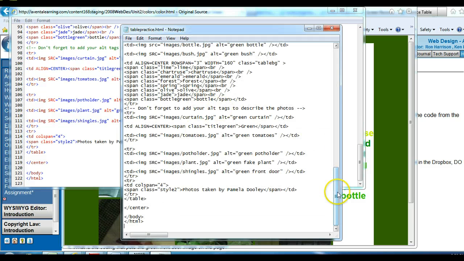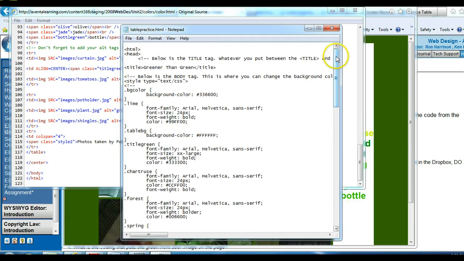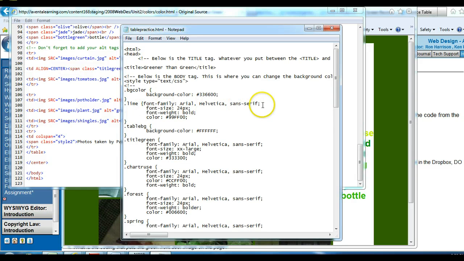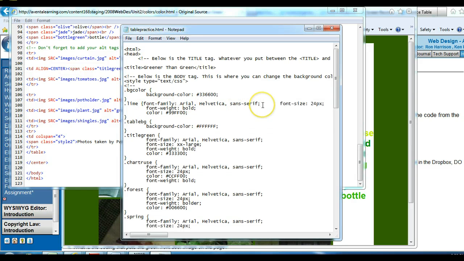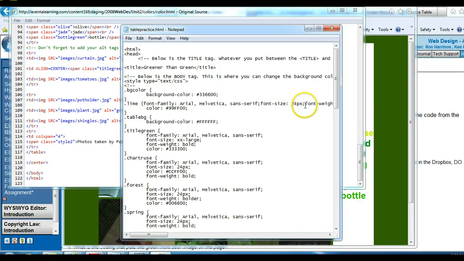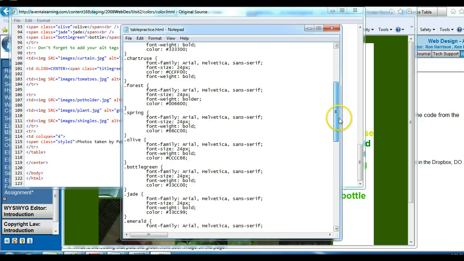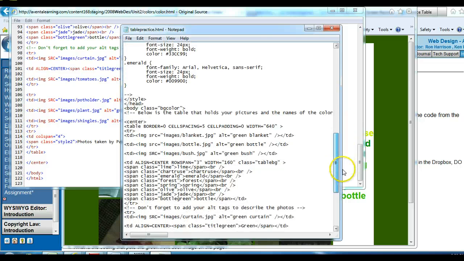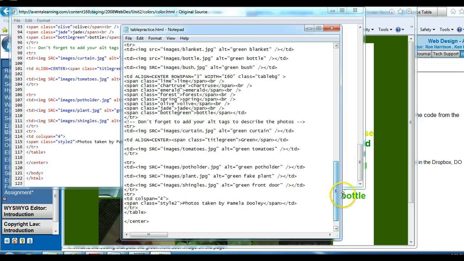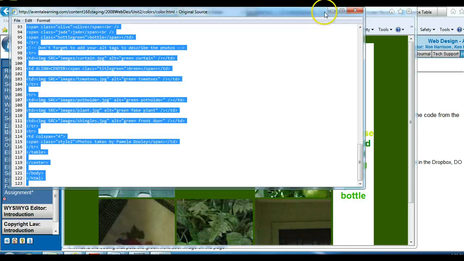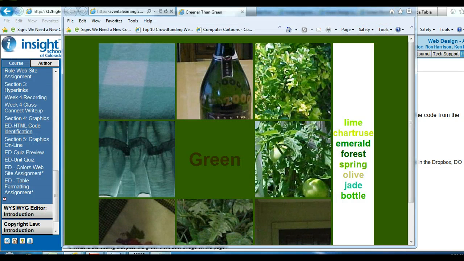Control V to paste, and I've pasted all of that coding into here. Now some of the coding is kind of hard to see how it's organized, but you can fix some of the spacing to make it a little bit easier for you. There's all the coding for this green web page. So once you get all that coding into Notepad,